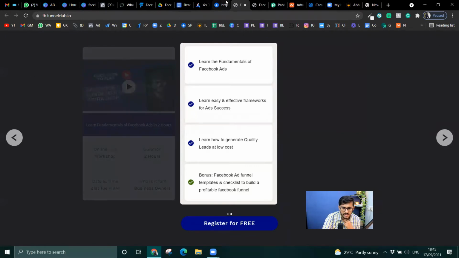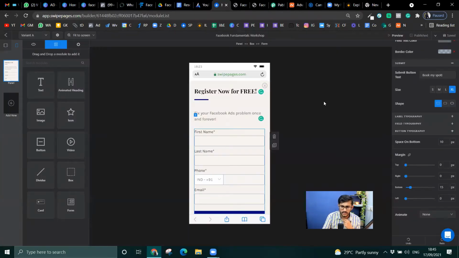So let me just try it on my phone. So I'm just gonna refresh my page. Okay, and they have an option here. There is no option. I just have to register for free, and then they get an option. Then select India, and then go ahead and register. Okay, so this is something that got ready now.